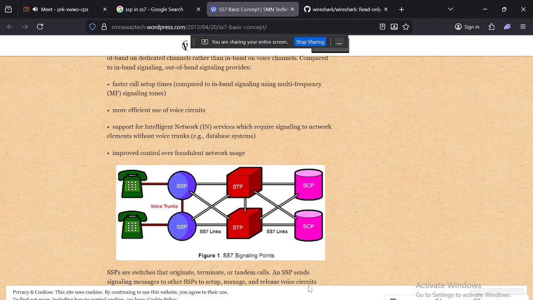So now, how do the HLR and VLR work? The HLR, the home location register, is a permanent database that stores a subscriber's service information and location data. Consider that you have databases like database centers. In SS7 there are also SCPs as database service centers.